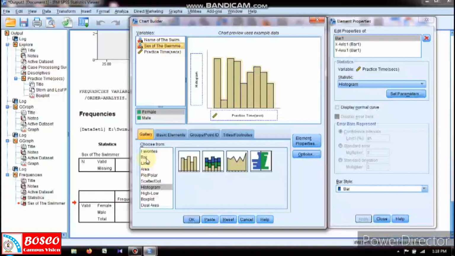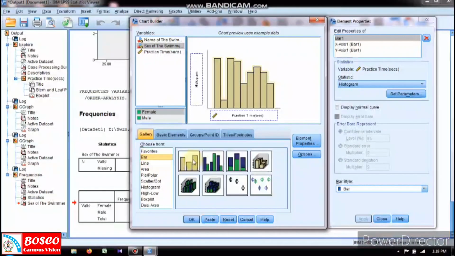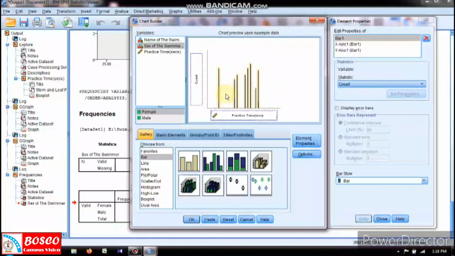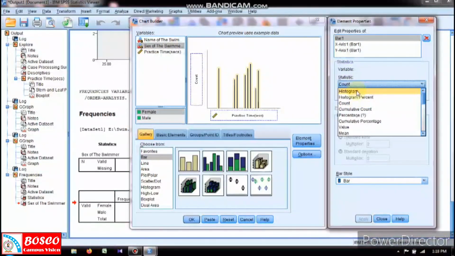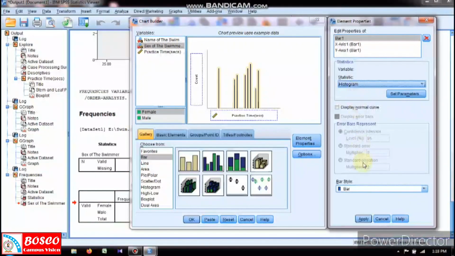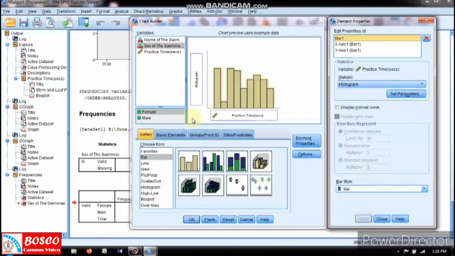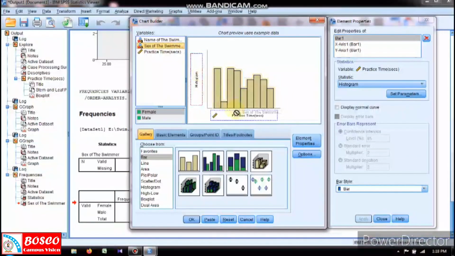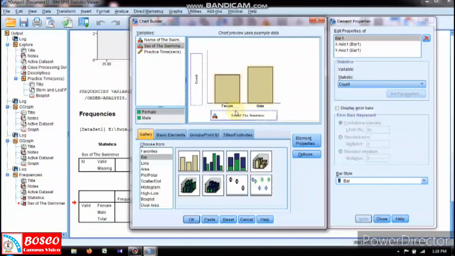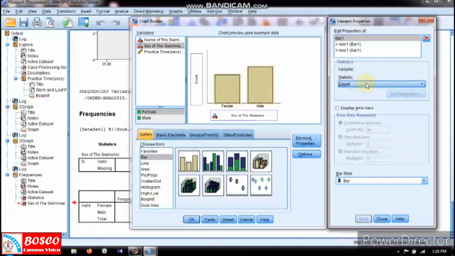it is not the histogram. We are to select a bar chart. So you can drag the bar chart to the preview area, and you can change the statistics. Once again, you have to change it to histogram and click apply, and you can move the sex of the swimmer to the x-axis. And now you can click OK,